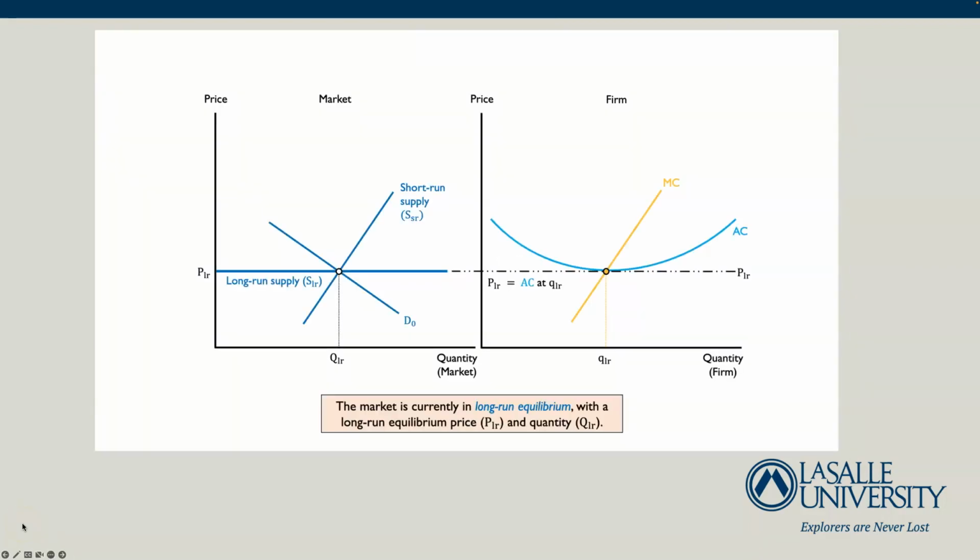Here we have the market overall on the left with a downward sloping demand curve D0 and an upward sloping supply curve in the short run shown by S SR. So where supply and demand meet, we have the equilibrium price P being determined, and the firm in this perfectly competitive market can sell any of its output at that market price. So for each additional unit that it produces and sells at the market price, it adds that additional sale to its total revenue, and that's why the change in total revenue given a 1 unit increase in output is equal to